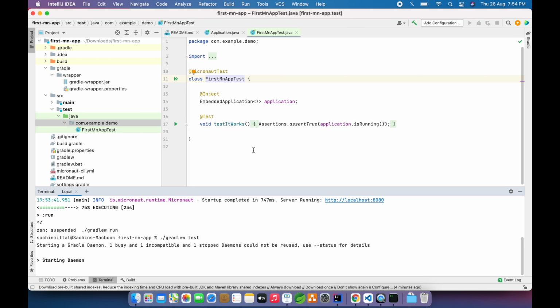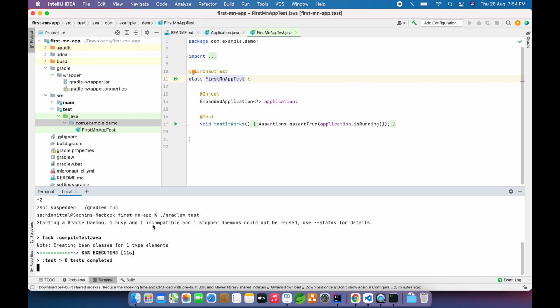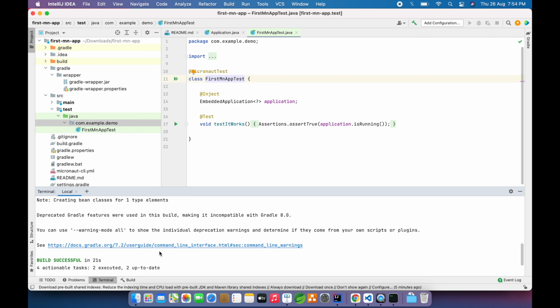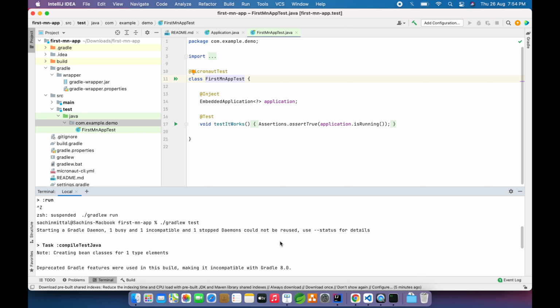So it will run all the tests that are there in our test folder, on our local, and it will see whether they are passing or not. So it is executing the first MN app test class. Build is successful, meaning this test has been passed and all our tests are working.